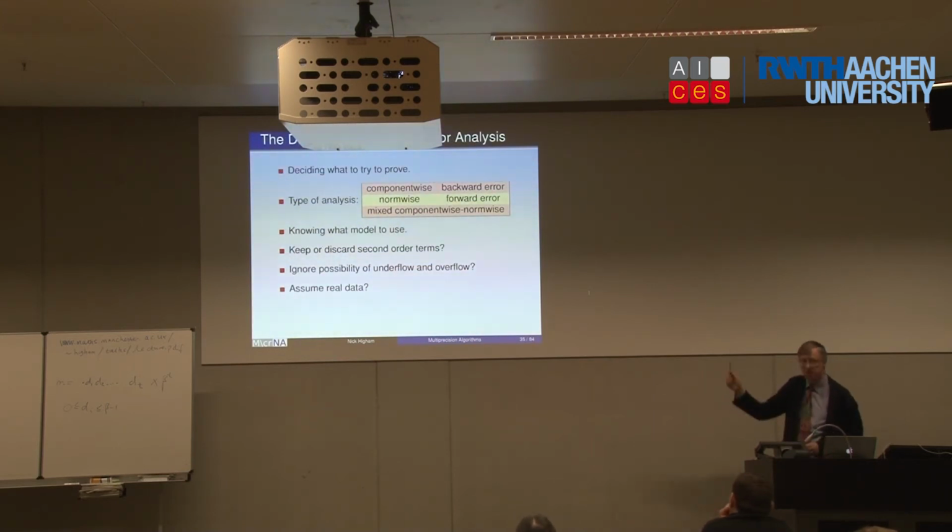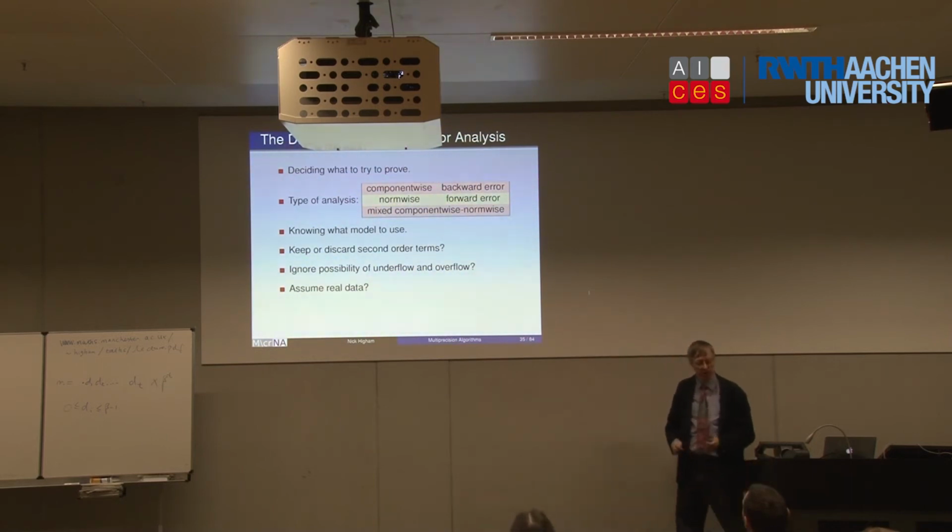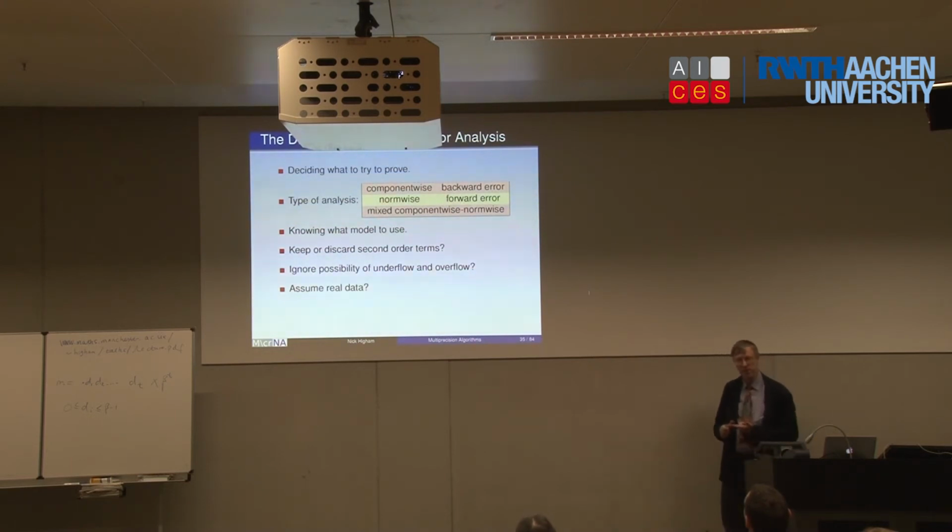So some sort of meta comments inspired by that. People regard rounding error analysis as difficult, I have to say. They think it's hard. So I would say it is and it isn't. The hard thing is deciding what you want to prove. And one of the reasons that is hard is shown by this little table here. So in the world of matrix computations, we have component-wise analysis and norm-wise analysis. So it depends on whether you're looking at the components of the matrix or vector or just bounding the norm of the whole error.